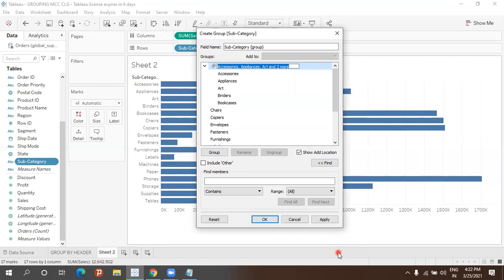Okay. So there you can rename it, we can give any name for this. Let me give something like basic appliance, or small appliances.